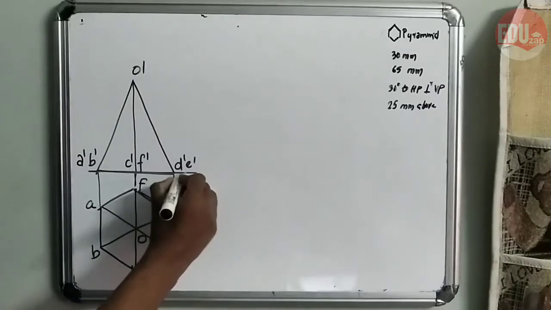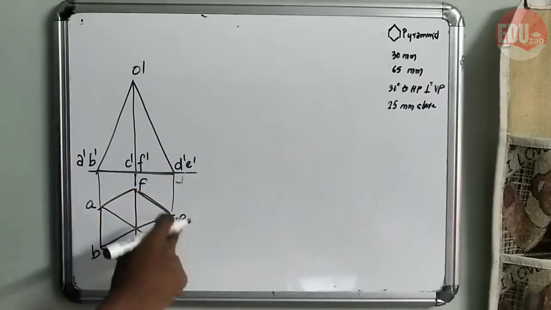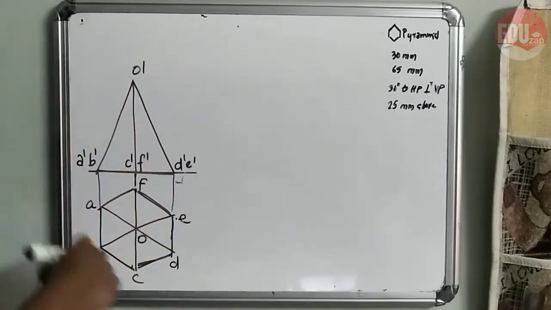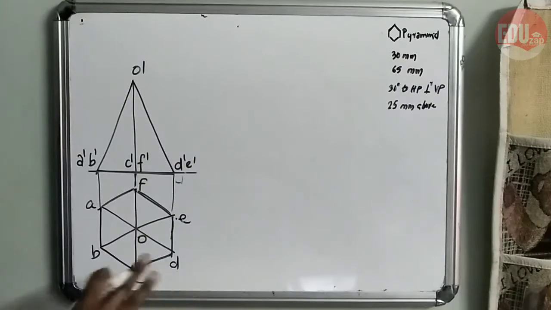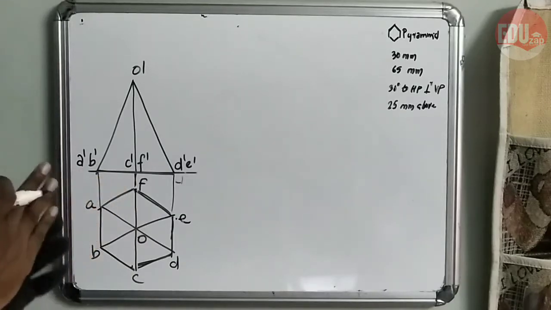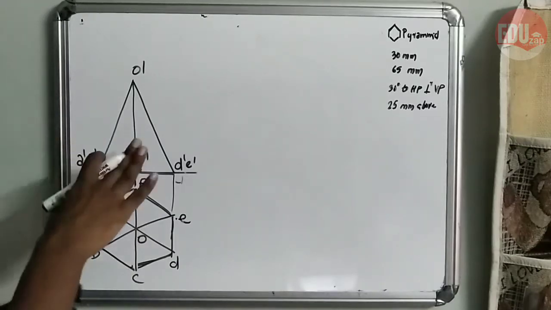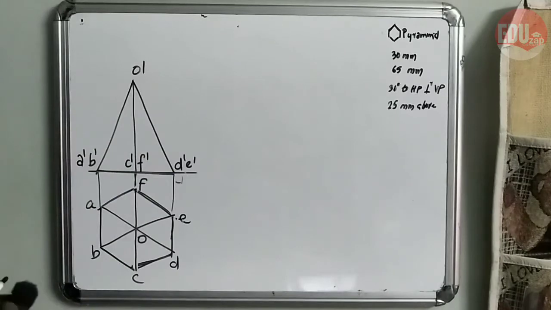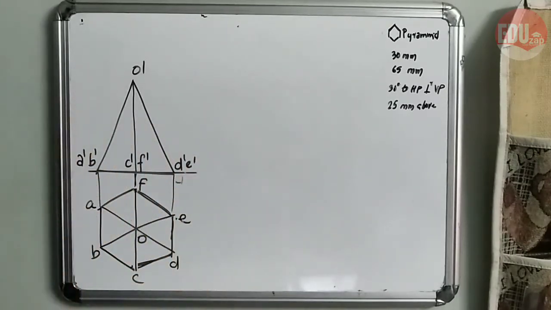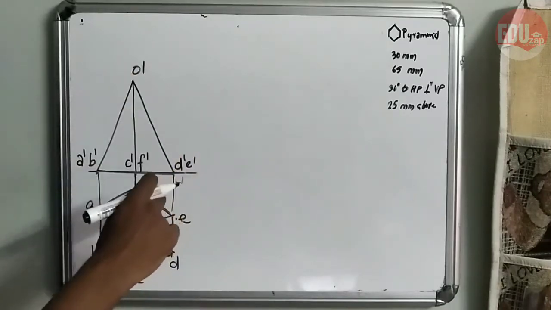In this position, you can see these two edges AB and DE making perpendicular 90 degrees to the vertical plane. So first of all you have to draw the base figure like given in the question, as in our orthographic projection, you have to draw the first view. After that, for drawing the development you need to take the slant ridge in the compass. Before that you have to check whether the slant ridge shows true length or not.